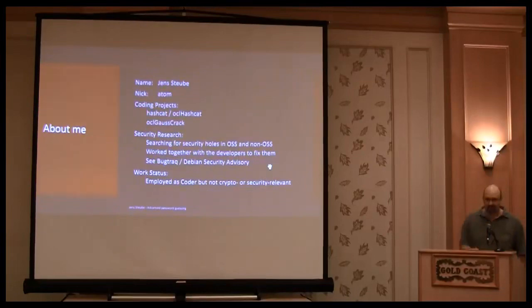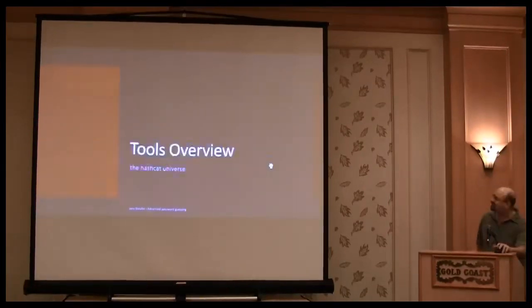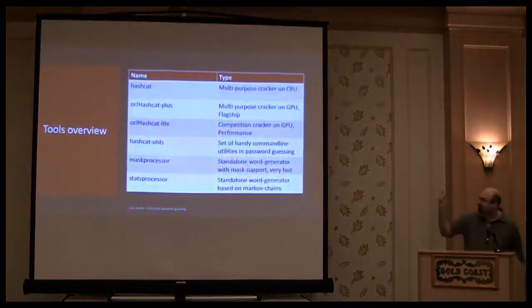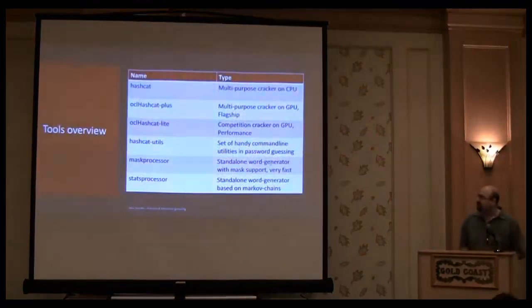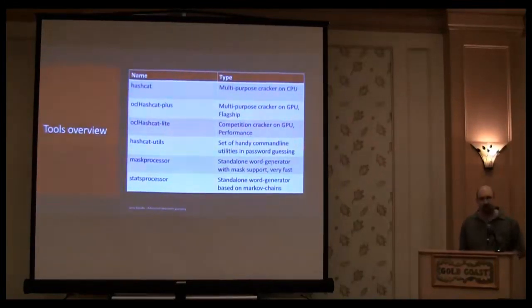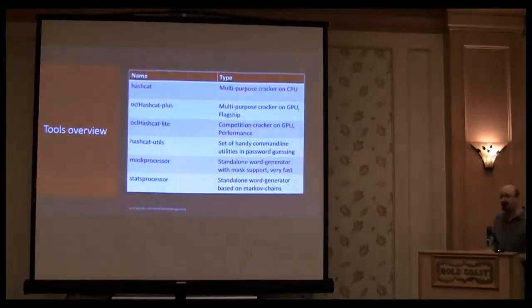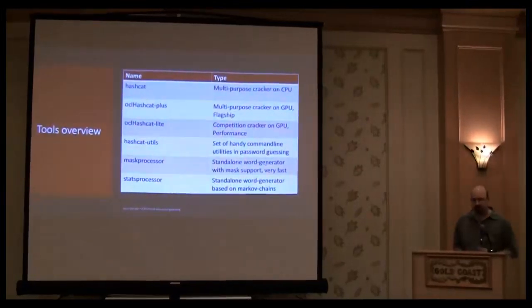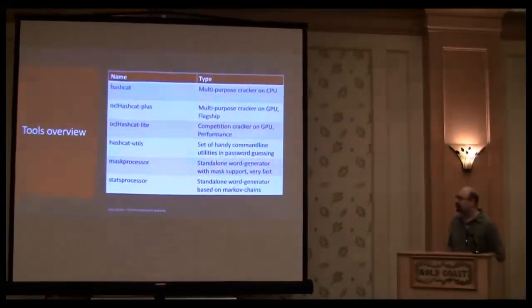I believe this slide goes to the tools. So this is all the tools you know from the Hashcat tool. Hashcat is a CPU-based cracker. Also, Hashcat Plus is a GPU cracker. It's something like Hashcat CPU, but it works on GPU. Also, Hashcat Lite is a GPU cracker, but it's not made for real password cracking. It's made for